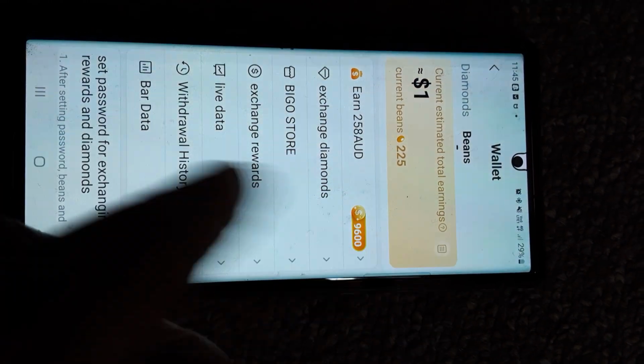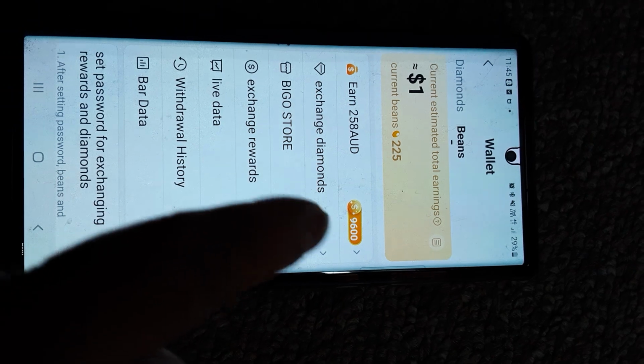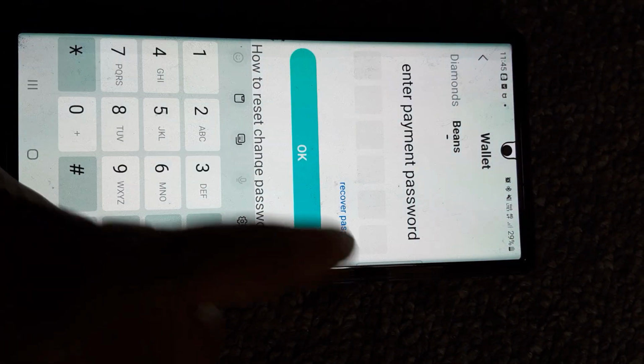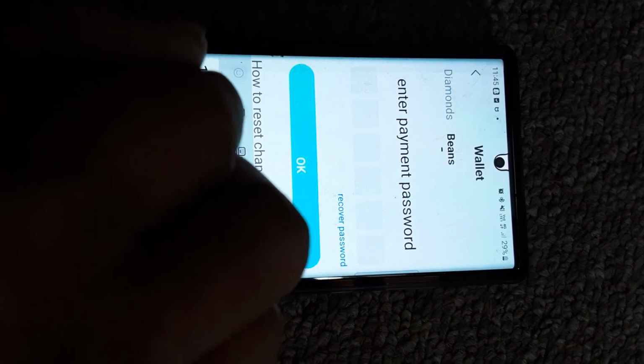So here, for those who wanted to exchange your beans into diamond, just click the diamond. So here, then they will ask you for a password. Now I will enter my password for a while because they will give you a password for that.